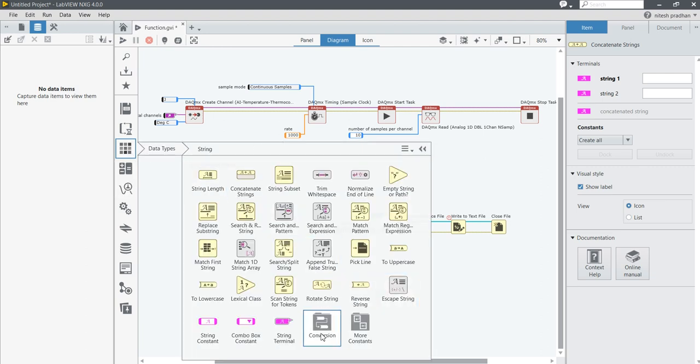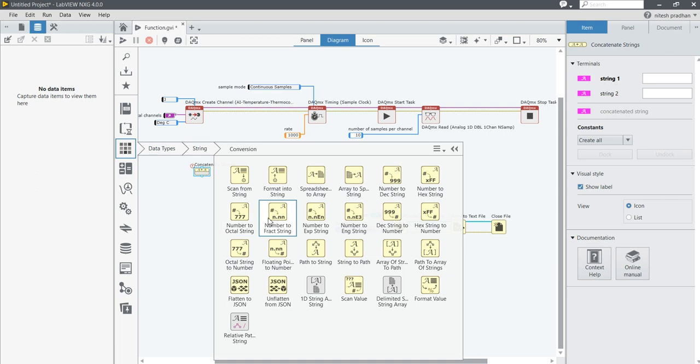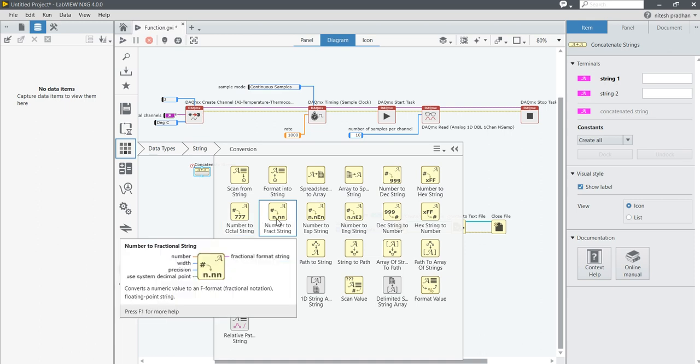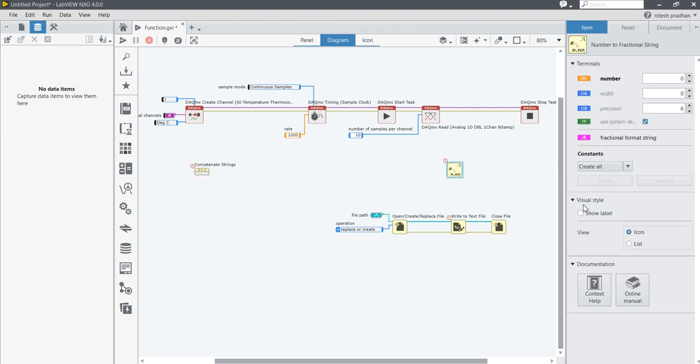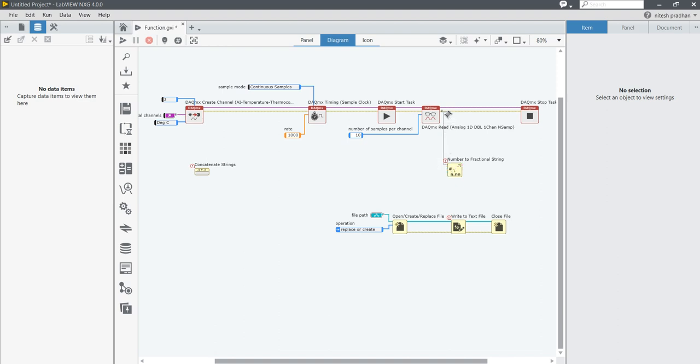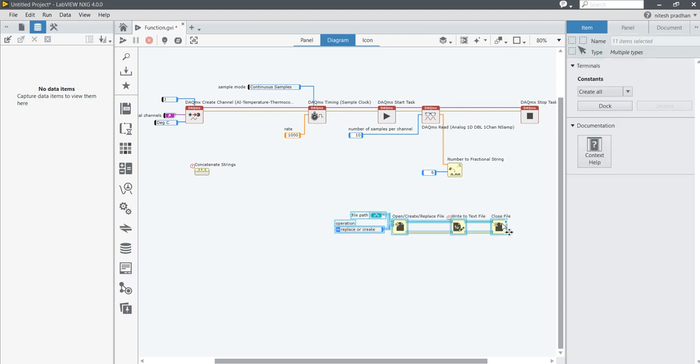After that come into the conversion and you will get this Number to Fractional String. Take this function, place here, open the label, right click, connect here, precision, right click, create constant, and now I am going to select OK. By default precision is 6. We'll see and we will change it later.